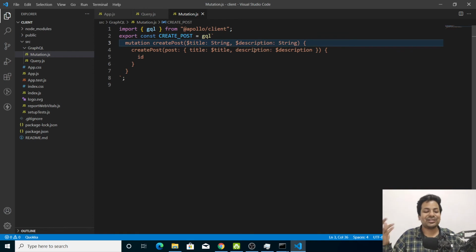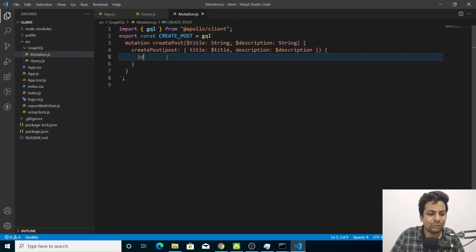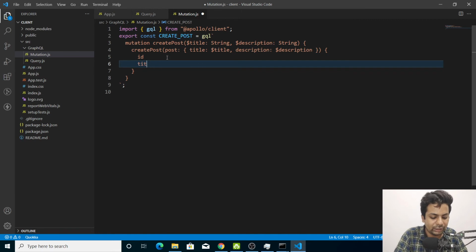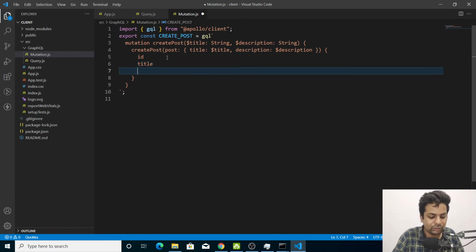I don't know, it's really funny, but when you go to their documents you see they use it like this only. So if you want ID in return, or whatever you want, you can write title also, or description also, all the things. So this is my mutation part.